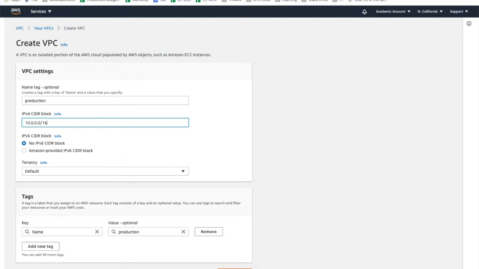So you do 32 minus whatever this number is, but this number can't be any smaller than 16. And that number that's left over, in this case 32 minus 16, 2 to the power of 16, gives you the number of IP addresses that you have. Or if I was doing 28 here, then 32 minus 28 would give me 4. 2 to the power of 4 would mean that I have 16 IP addresses available, and these are private IP addresses, not public,